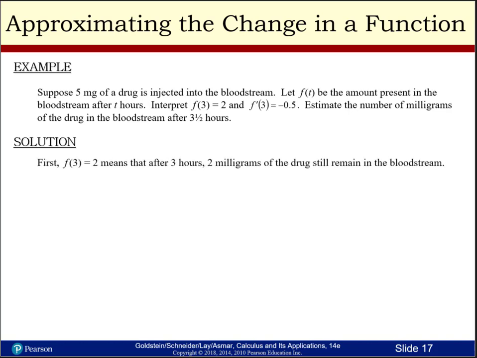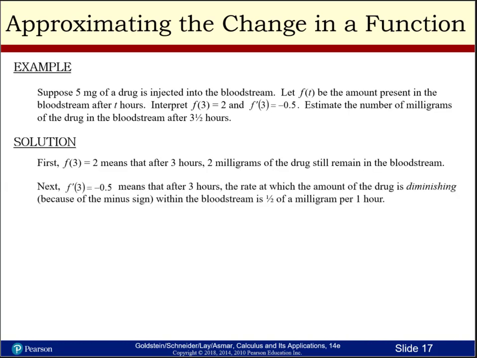Well, first off, f of 3 equals 2 means that after 3 hours, 2 milligrams of the drug will still be in the bloodstream. Now, f prime of 3 equals negative 0.5 means that after 3 hours, the amount of drug within the bloodstream is diminishing, because it's a minus, at a rate of 1/2 of a milligram